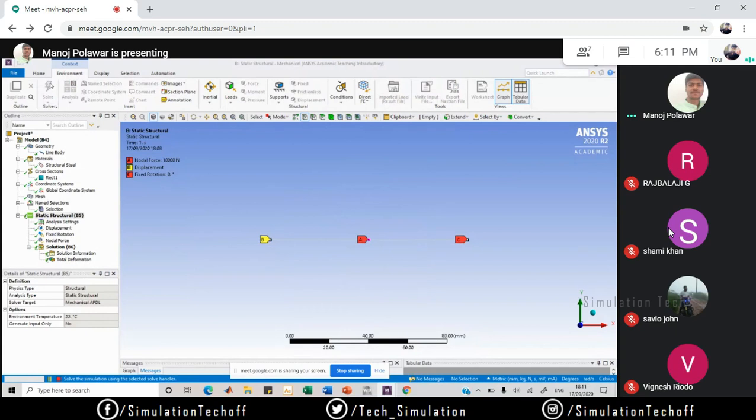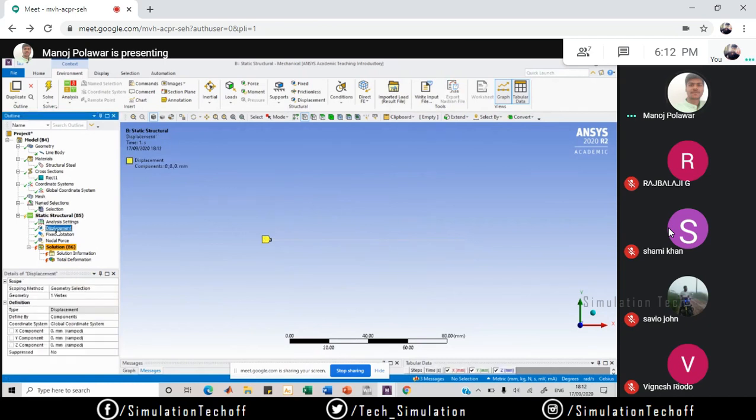Okay, fine. You are not getting the solution, right? Solving pivot to earning. What is the boundary condition you have applied here? Displacement at B is zero displacement, and fixed rotation at C, and that is a simply supported beam, right? Yes. And after name selection, I have given a load of minus 10,000 Newton here. Okay, just place the cursor over the displacement and click on it, and select the fixed rotations.